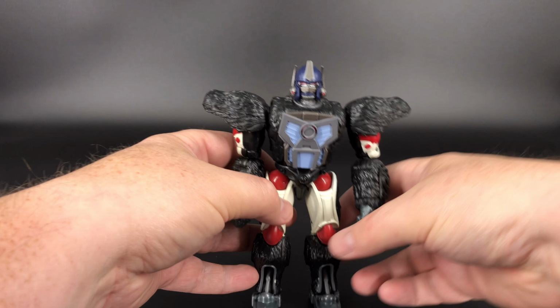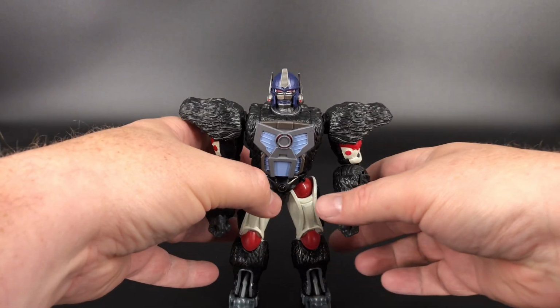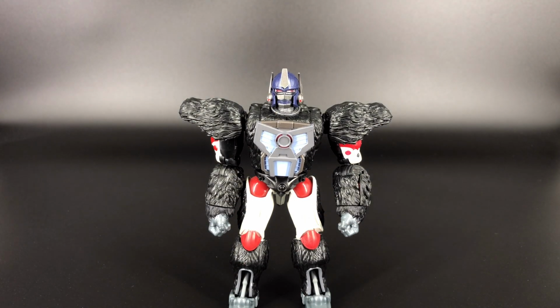So yeah, from a detail standpoint, for the most part, I think this guy just hits the nail right on the head. Could have benefited from a few more paint apps, just in a few small areas, just to make it pop a little bit more. But for the most part, for this price point, I think you get a good amount of